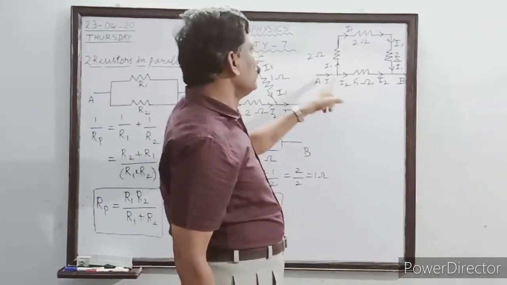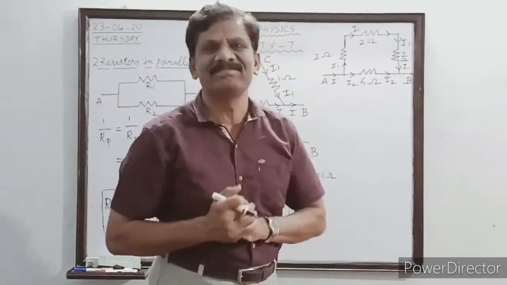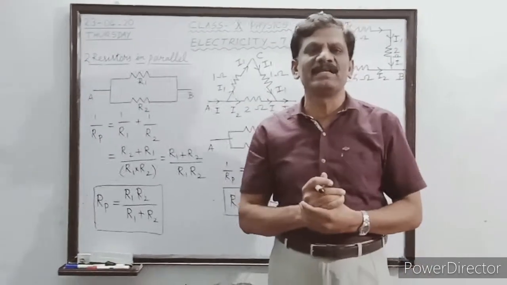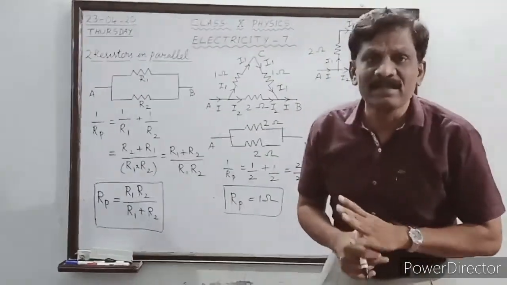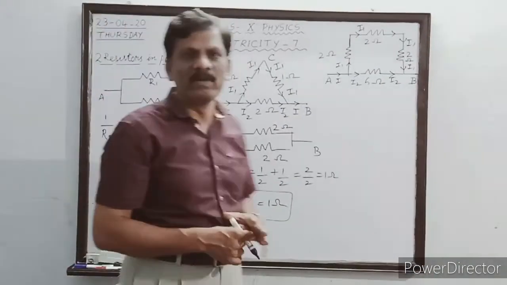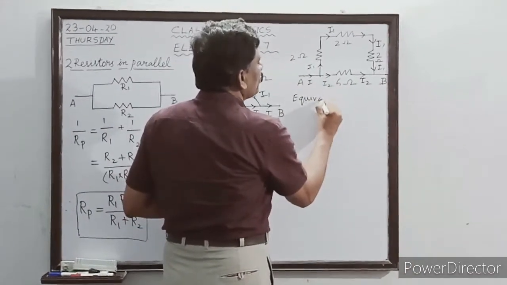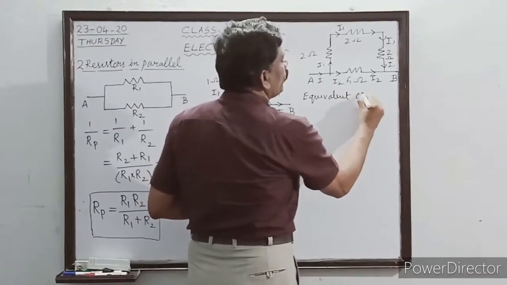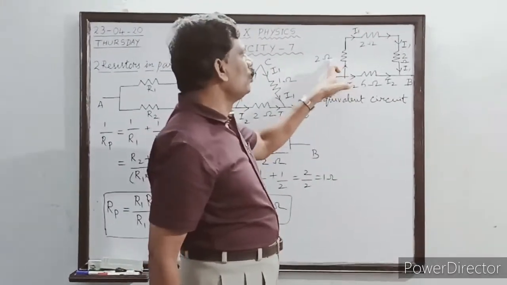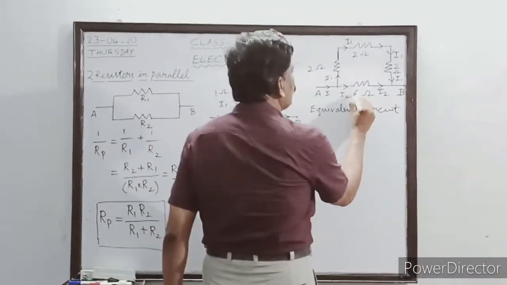Okay. So these three resistors of 2 ohm each are connected in series. Is it not? You tell me why those three resistors are assumed to be connected in series. Yes, because the same current is flowing through all the three resistors. So now I am going to draw the equivalent circuit. The shortcut circuit for this is also called the equivalent circuit. Now 2 ohm plus 2 ohm plus 2 ohm is how much? 6 ohm. That's right.